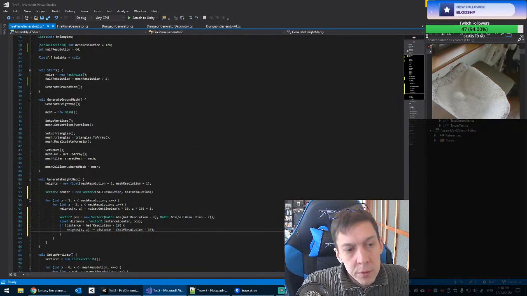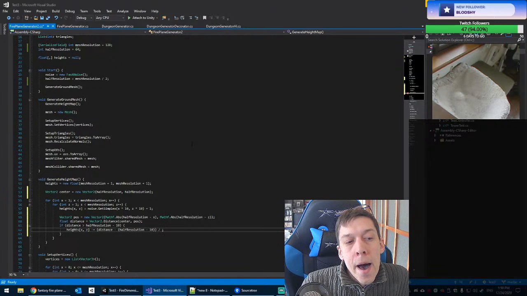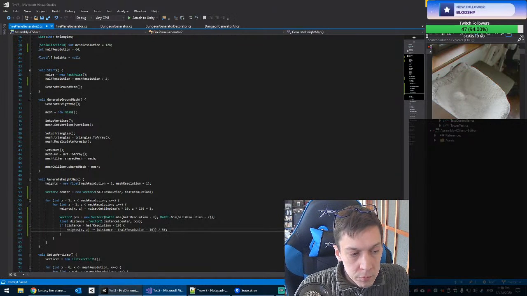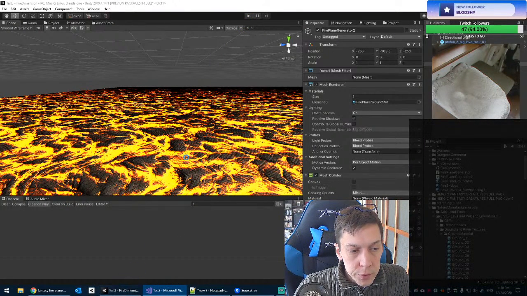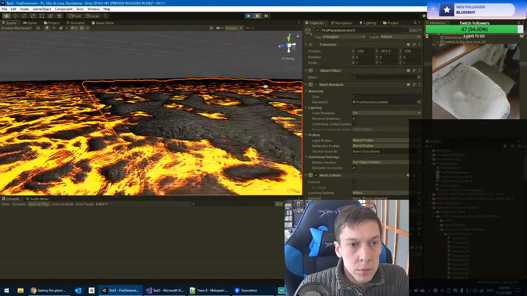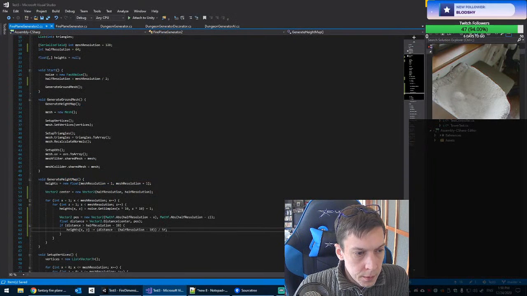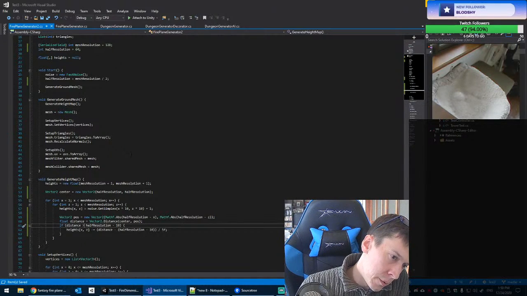So however much he's gone beyond 64, we're going to subtract from here, but I want to subtract it by only a factor of something like 5-ish. I think that will be fine. And we should find that we now get a circle shape. Oops, I did that backwards, didn't I? If distance equals greater than